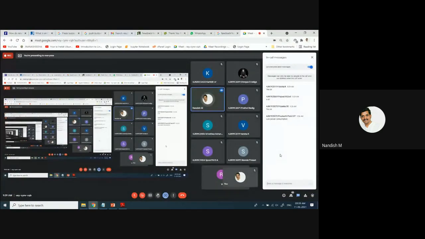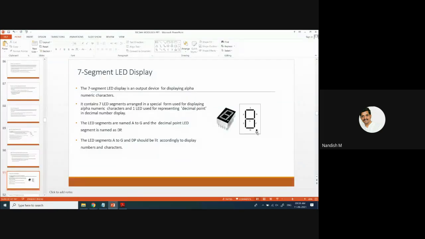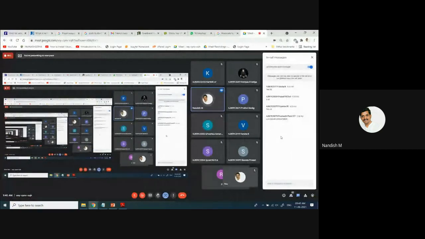There is an icon called DP. For what purpose do they use it? I'm talking about this DP. Other than the 7 LED display, there is one more display, the 8th. What does it indicate? Prashant, do you know the answer? Very good, Supriya. Yes, it is a decimal point. For non-integer numbers, we use that dot.